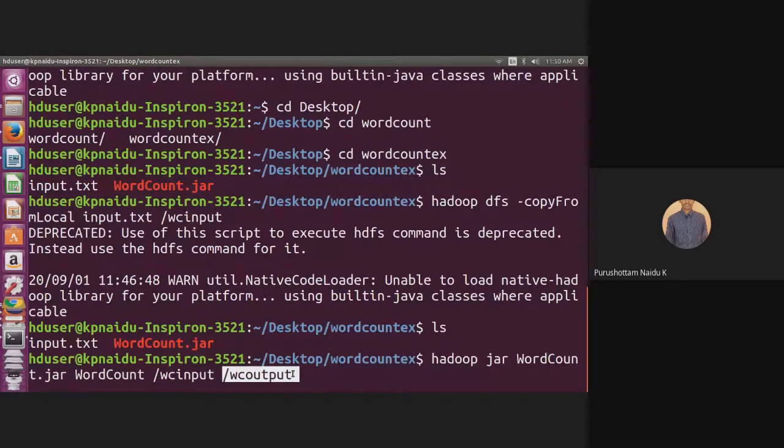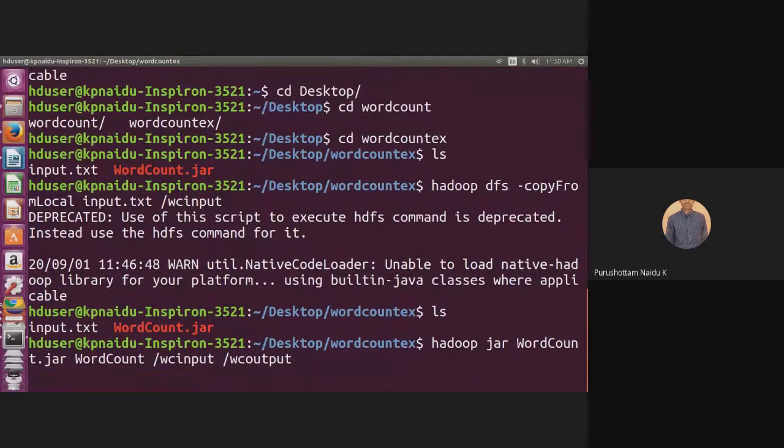Unlike the input directory that we created by mkdir, it's not necessary to create the output directory. We have given the output directory name as /wc output. That means the actual output is stored in this directory. Now press enter. This is the command to run our job or program.